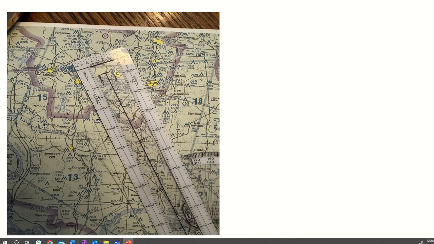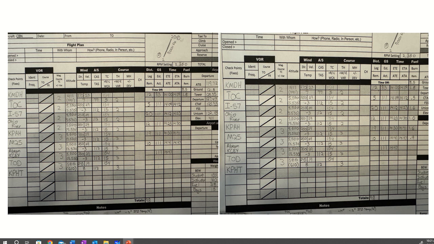And then what we can now do is, if we know that our climb is going to be about 12 miles of distance according to the chart, we can go ahead and put it out here on the sectional. We can mark where that's supposed to be. And you can see it does precede our checkpoint at I-57, right? It's about 5-ish miles before then, 5.5, something like that. But it is before then. Okay, so we went ahead and made that mark using the plotter, we measured it out, and now we can fill in a little bit more for